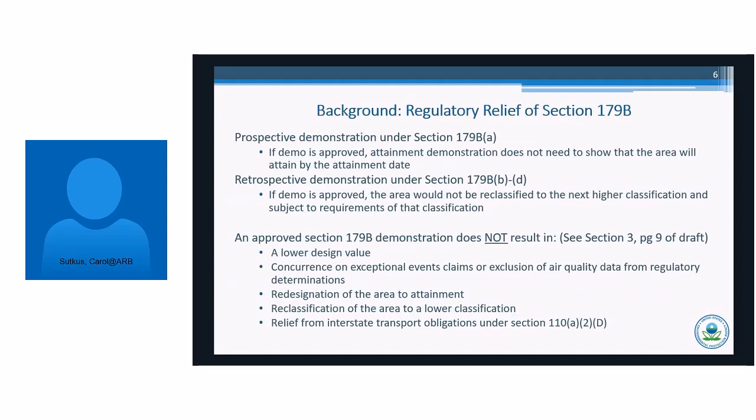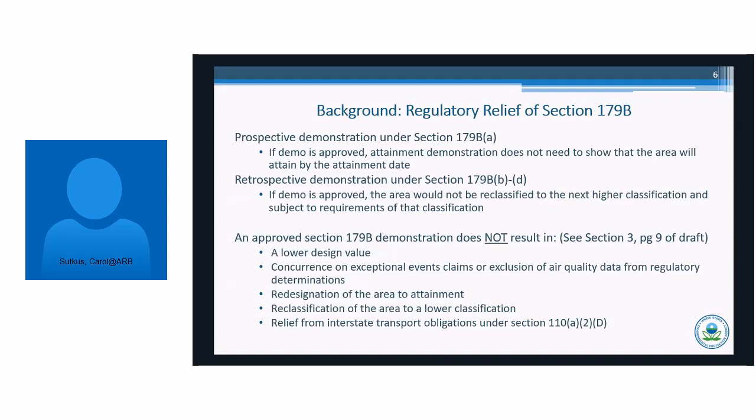In Section 1.2 of the draft guidance, we explain that Section 179B provides EPA with authority to consider air agency demonstrations of impacts from international emissions in two contexts. First, at the implementation plan review stage, and second, after each applicable attainment date. Specifically, in the first context, Section 179B(a) uses forward-looking or prospective language that the plan would be adequate to attain and maintain the standard by the attainment date, but for international emissions. So we term this first instance a prospective demonstration. Prospective demonstrations typically involve modeling of future air quality. These demonstrations should be submitted prior to or as part of the overall SIP submission.